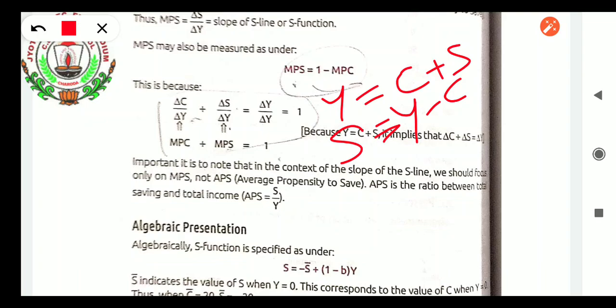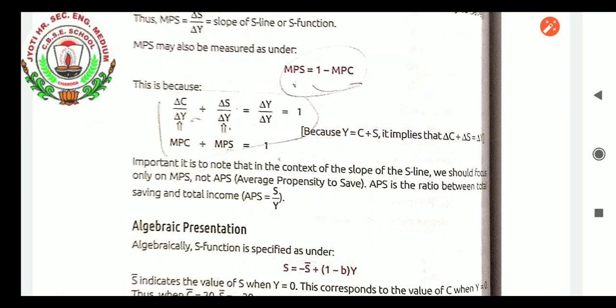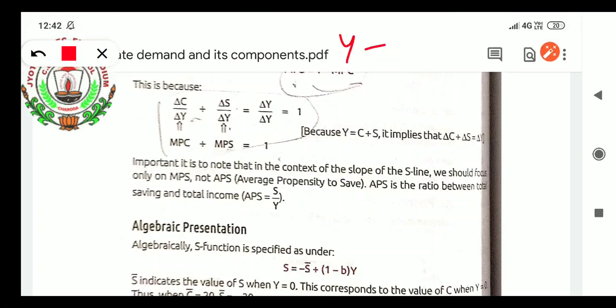Here it will come: marginal propensity to save. If we take change in S upon change in Y, how does the income become 1? This is because change in S upon change in Y, as we have learned, Y equals